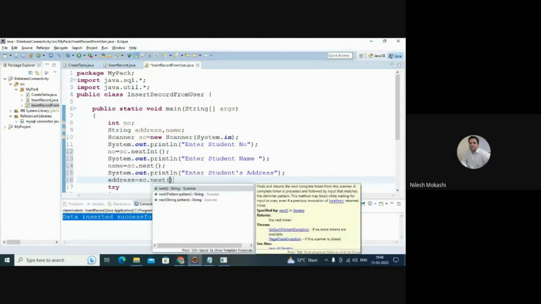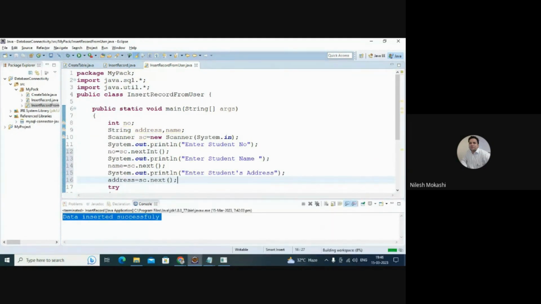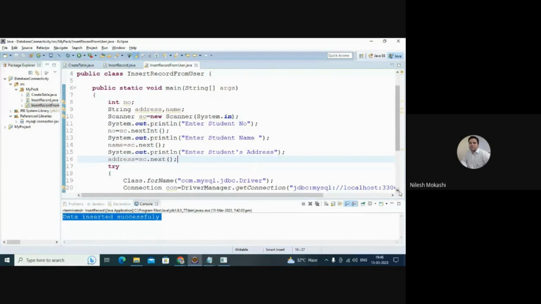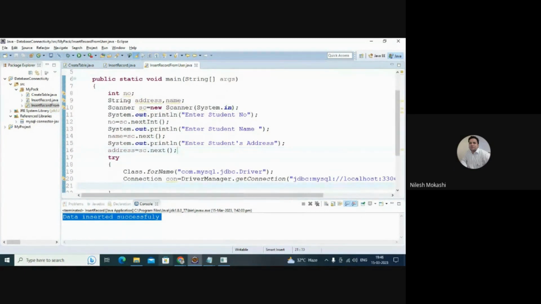So now we got the input from user. Now we have to just map these variables with the database operation. So what you will do now, you will create an object of prepared statement. You will say PreparedStatement, okay, pstmt, that is the object, equal to